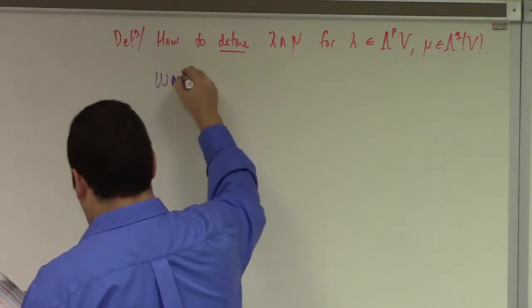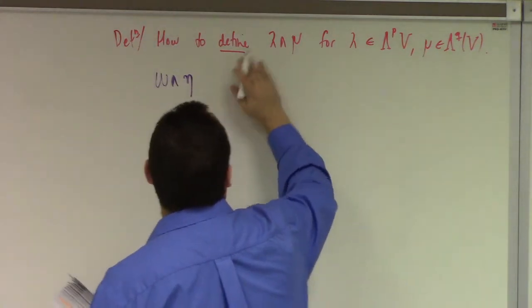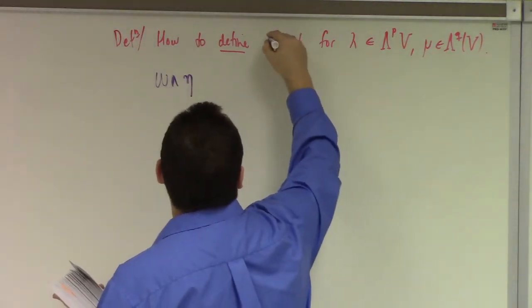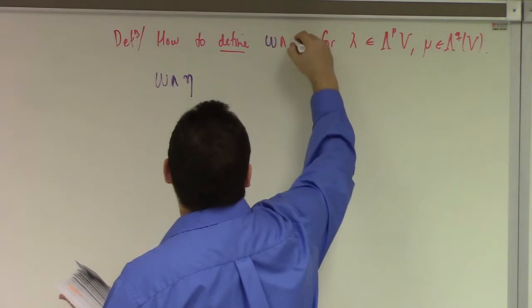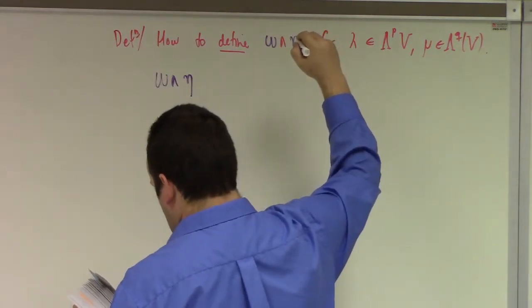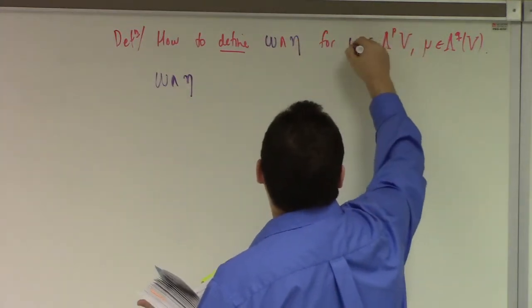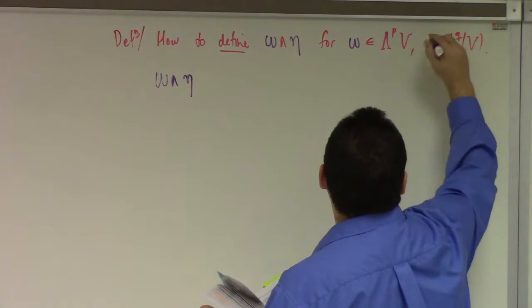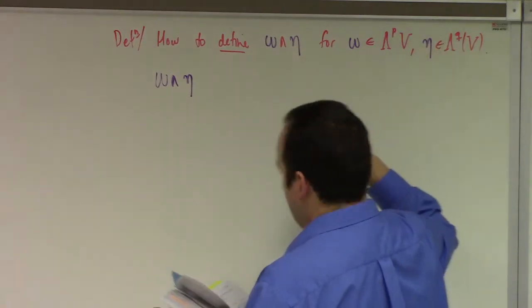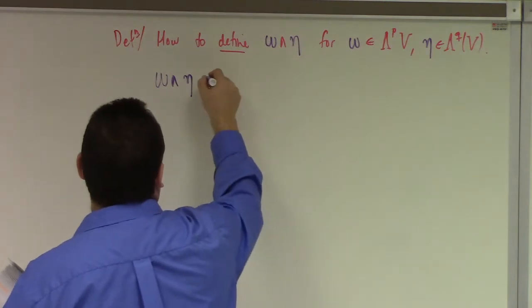I'll change his notation a little bit, but not too much. So omega wedge eta is by definition,